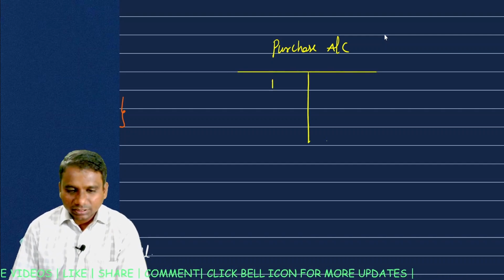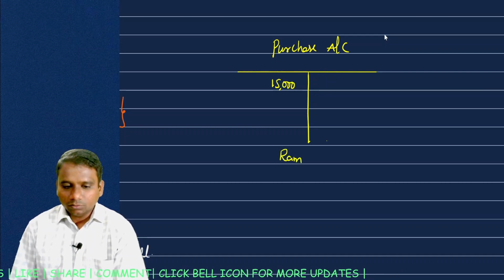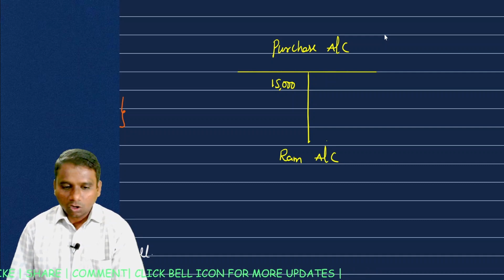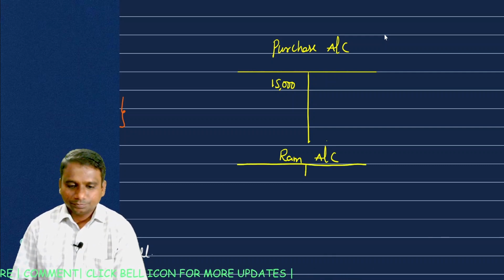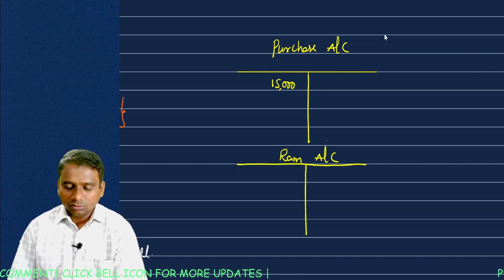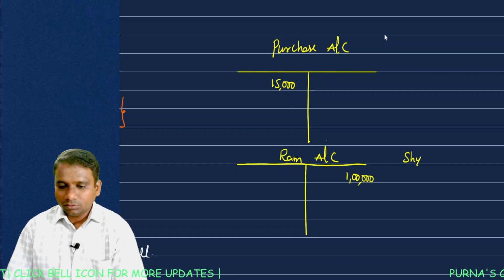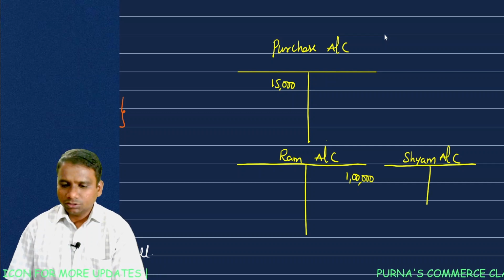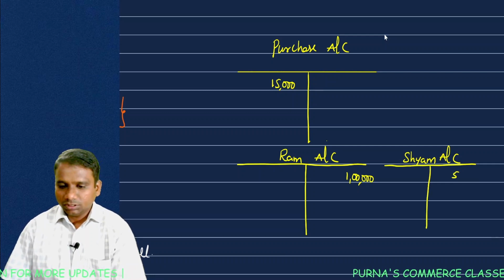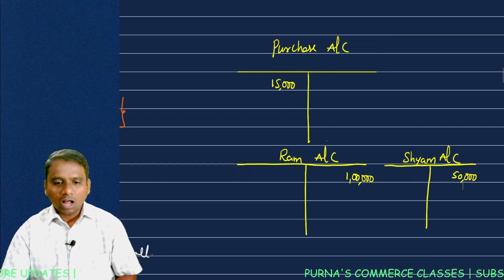Purchase account debit side. How much? 15,000. Now look at ROM account. ROM account credit, how much? 1 lakh. Next, Shyam account. Shyam account also credit, how much? 50,000. Now after balancing